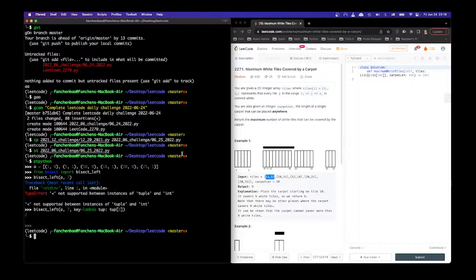So once we have that, we're gonna start on the left side, right? We put the carpet on the leftmost tile, and then we have a leftmost and a rightmost. We have this range, so we put it into the function, give me the current number, right? So we have a current number that we can cover, and then we look at the right side, right? No matter where the right side is, okay? No matter where the right side is, oh, actually, it does matter. So if the right side, right? If the right side,